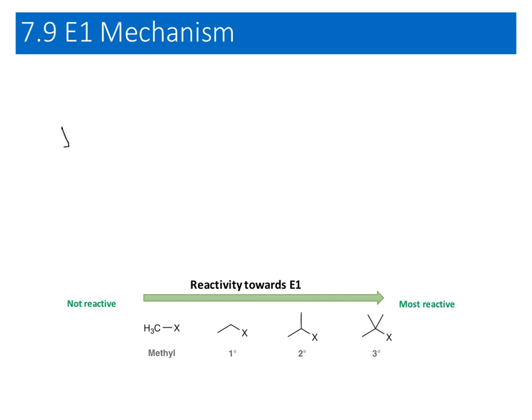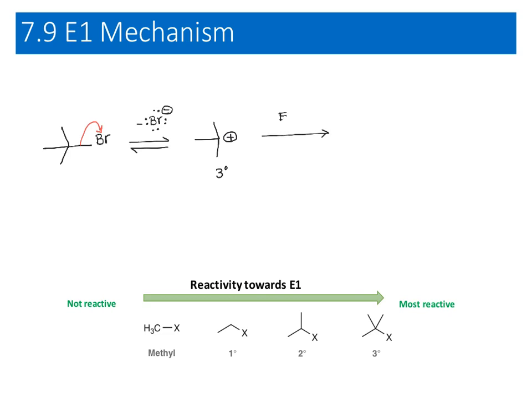So, we are going to use the alkyl halide as a substrate again. So the first step is loss of leaving group, similar to SN1 mechanism. So leaving group leaves to form the carbocation. Now, if the carbocation can do rearrangement to form a more stable carbocation, it will definitely do it. However, here, this carbocation, which is a tertiary carbocation, is pretty stable and it cannot do rearrangement. So, in the next step,